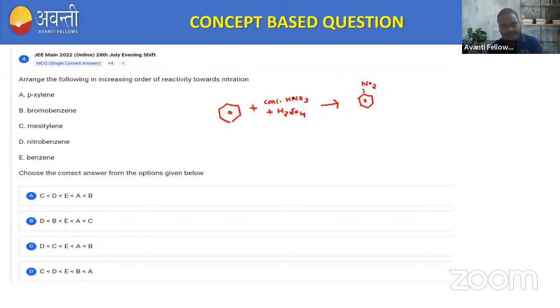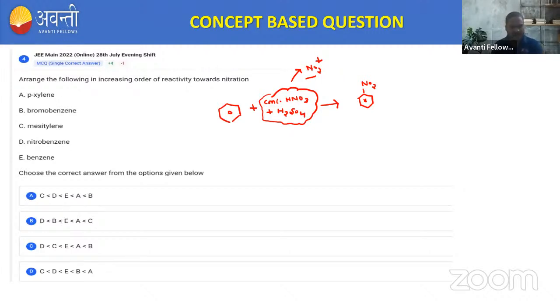And from this concentrated H2SO4 and HNO3, we'll get the electrophile NO2 plus. This NO2 plus attacks the benzene ring to form nitrobenzene. So this is the basic mechanism of nitration. Now, in this question, they are asking to arrange the following in increasing order of reactivity towards nitration. So we have paraxylene, bromobenzene, mesitylene, nitrobenzene, and